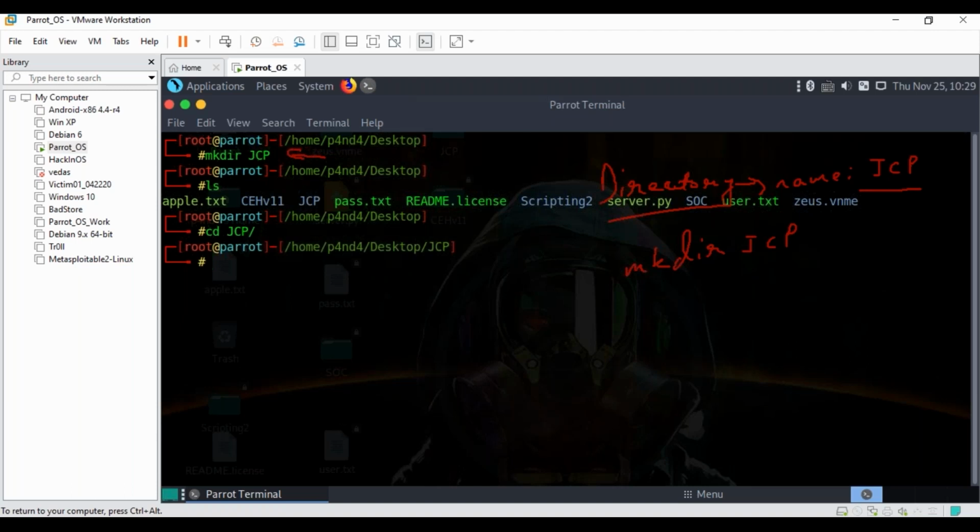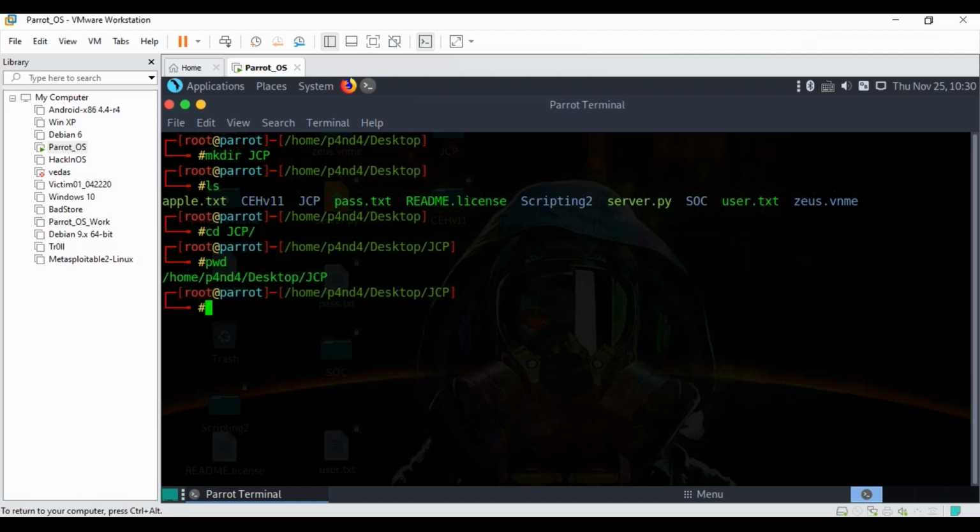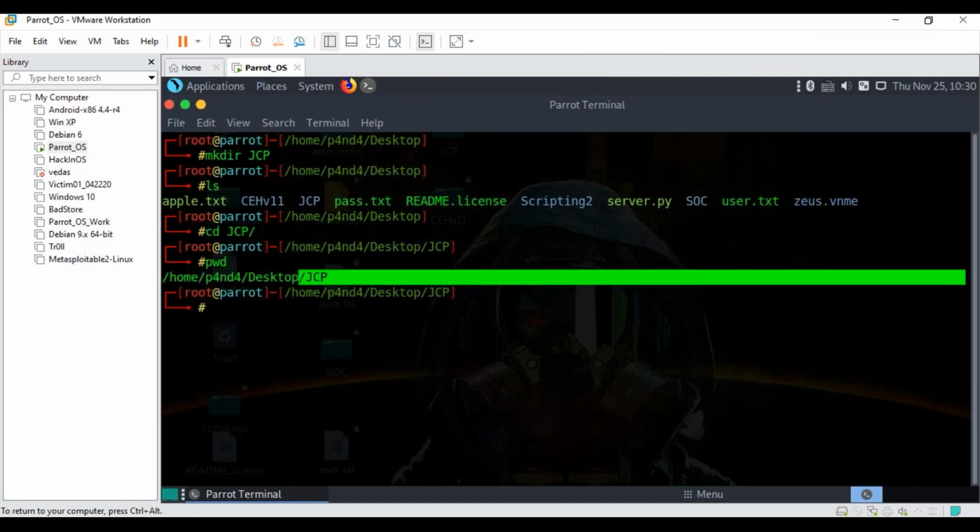Hit enter, and you can notice at the end we are inside the JCP directory, right? Even if I write pwd, which is to get my present working directory, it will also tell me that you are in JCP.